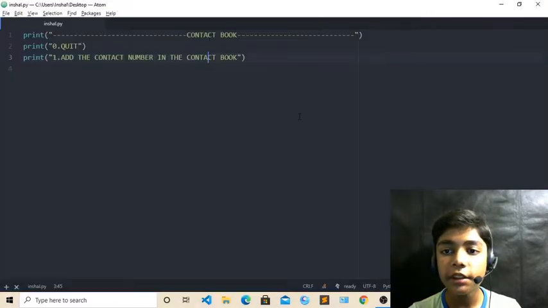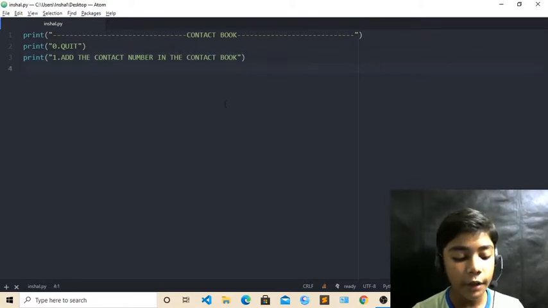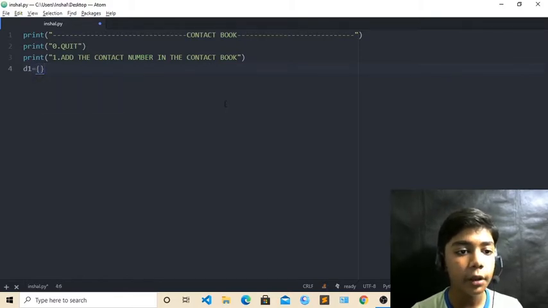Now close it from here. Come over here, and now here you have to define d1. d1 will be equal to this, meaning curly brackets, because we could also define d1 with a name, but we are only defining d1, so we have to write d1 equal to curly brackets over here.